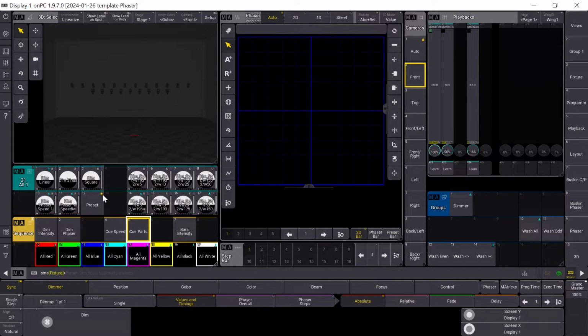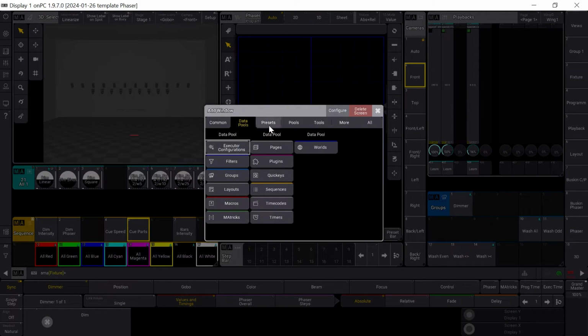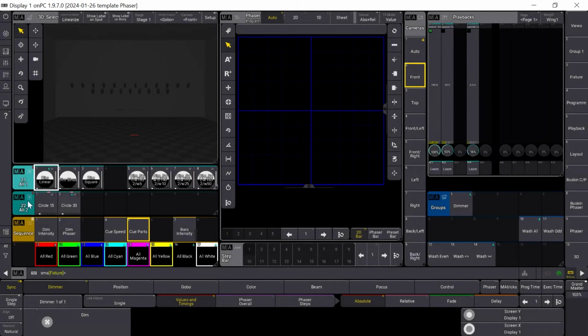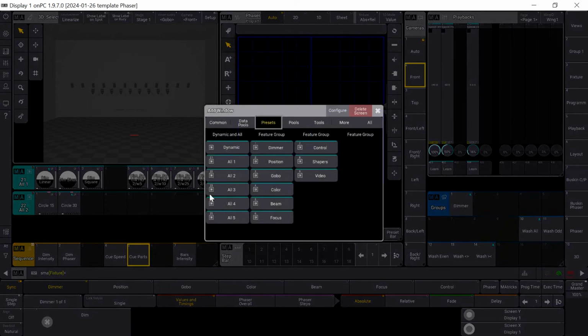I clear this up a bit. I take, for example, the second all pool. Here you see I have the first all pool and here the second, but I could also use a normal preset pool, for example,